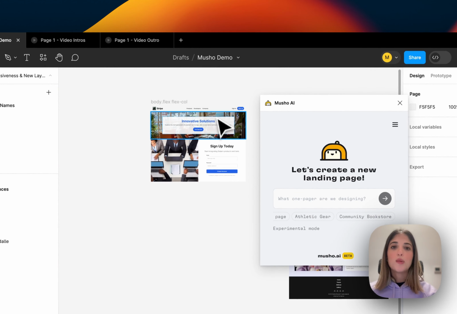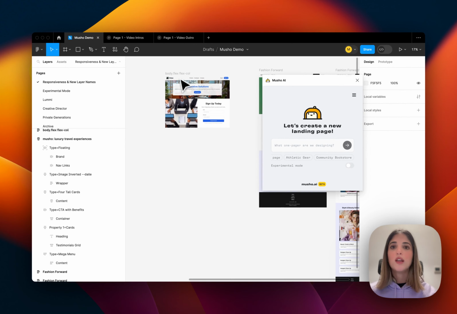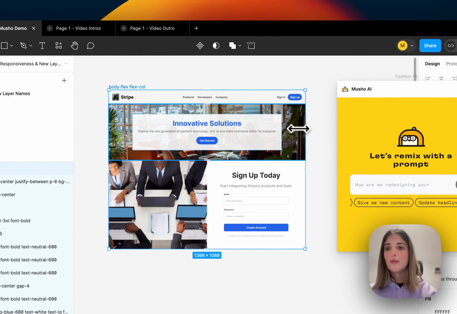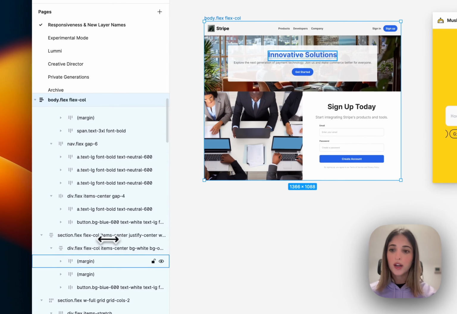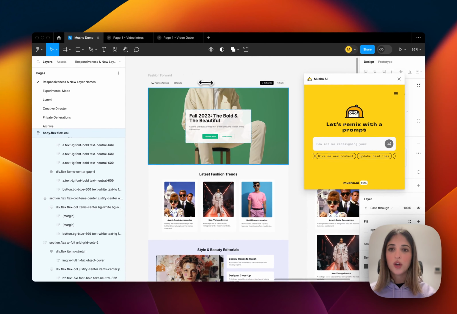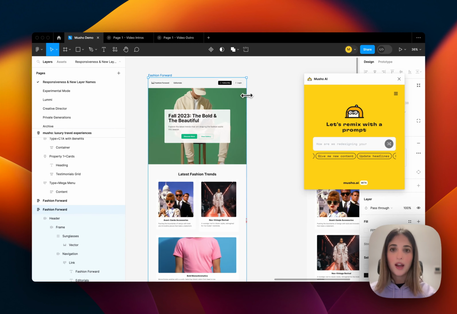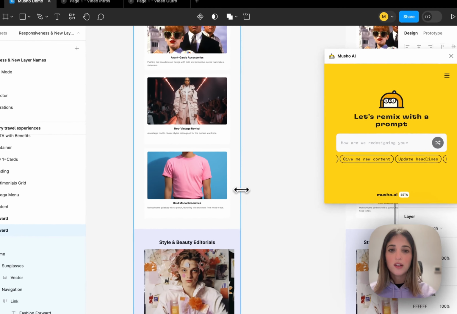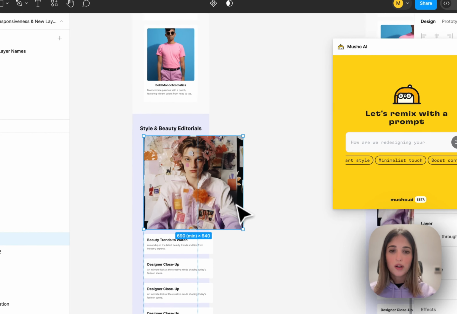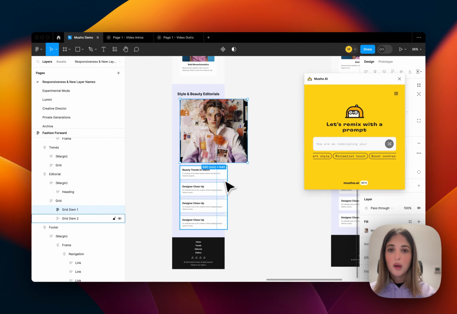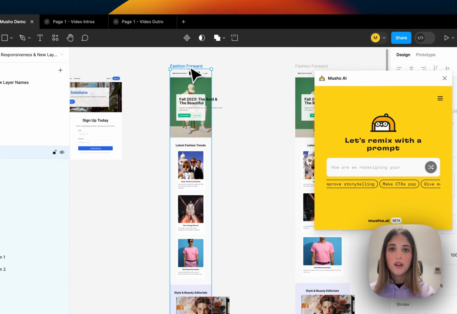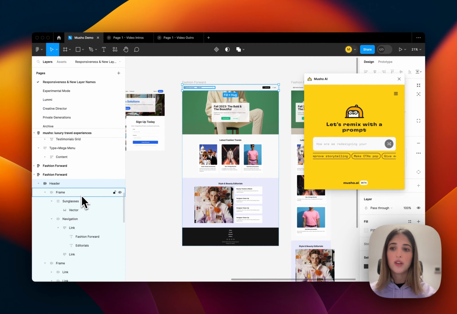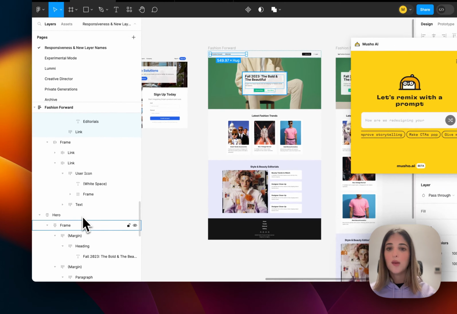So as I was saying, experimental mode can do much more than just landing pages. But the issue was that up until this week, the results were not responsive and the actual layer names were just really disorganized. But this one in here that I just created today is actually responsive and has better layer naming than the past one. One thing I do want to note is that responsiveness can sometimes break in experimental mode. We're actively fixing it and making it a lot better, but it is going to help you get 80% of the way. And the layer names have also been updated, so it's just a lot easier for you to edit. And you can see the layers for things like frames, navigation, links, images, etc.